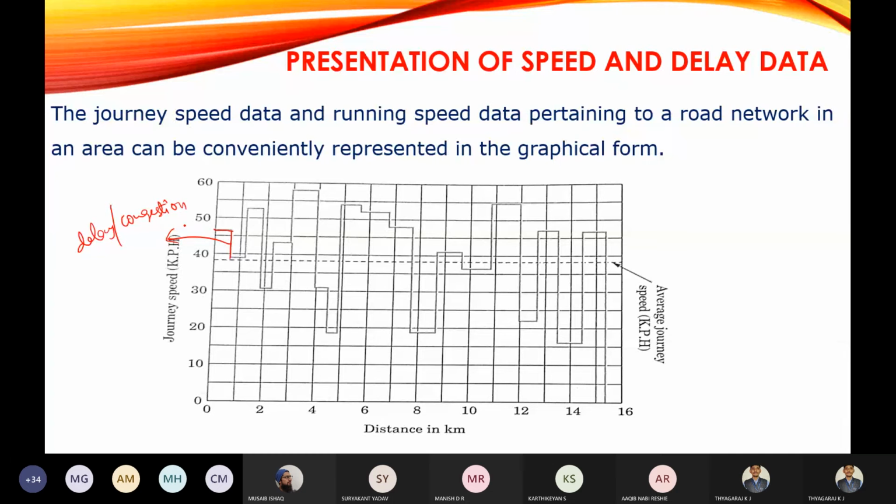Because of congestion, the speed is going to reduce and it will stay so up to a certain distance. Again the speed of the vehicle is going to increase, because there is no congestion. Again it remains constant and then reduces because of congestion. So because of delay, the speed will vary. The speed variation is shown in this chart. You can see here the line. This is the variation of speed with respect to time. You can observe here the variation of the speed with respect to delay.